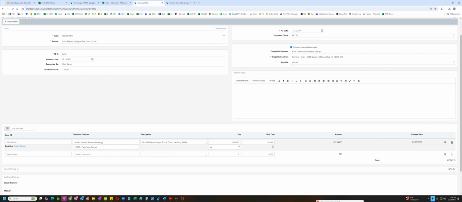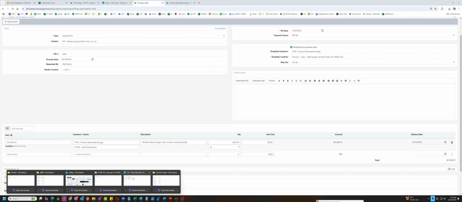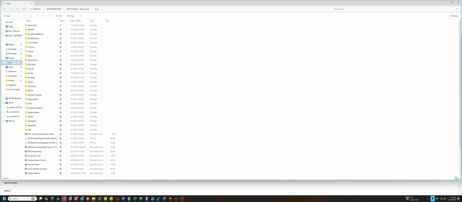The unit cost is already in the default, but if you want to double check the price list, you can go to my folder in the AWM documents, and there's a folder here called price list.